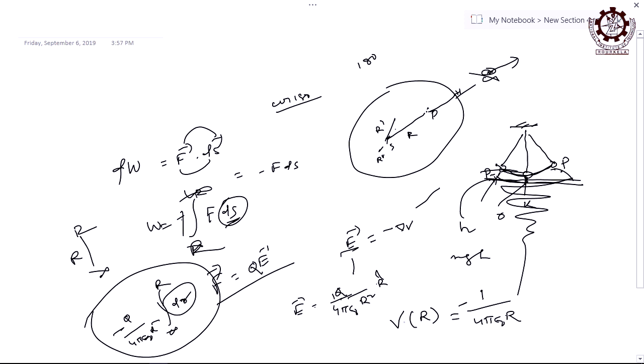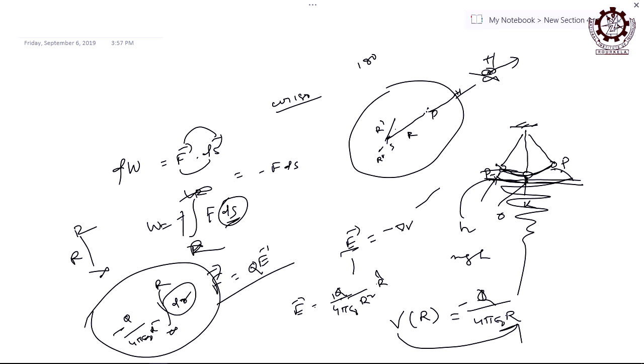So ultimately it tells that V is inversely proportional to what? R, the position only, where that point is. And of course there is Q, the source charge; otherwise there is no field, no potential, remember it. Field means there must be a source charge. But the charge we are bringing is a unit positive, the test charge.